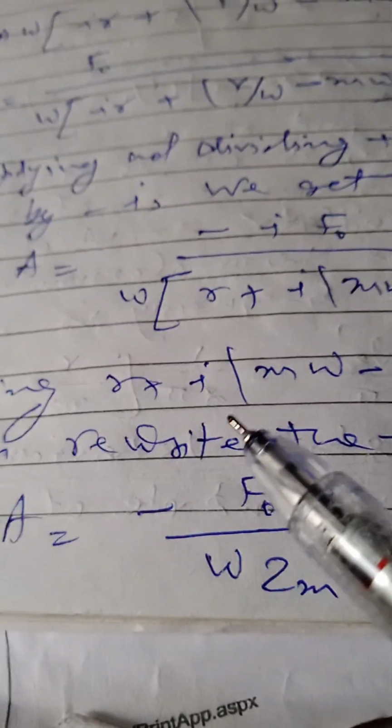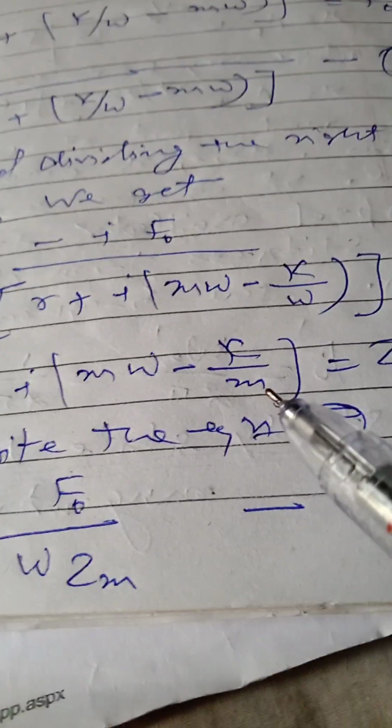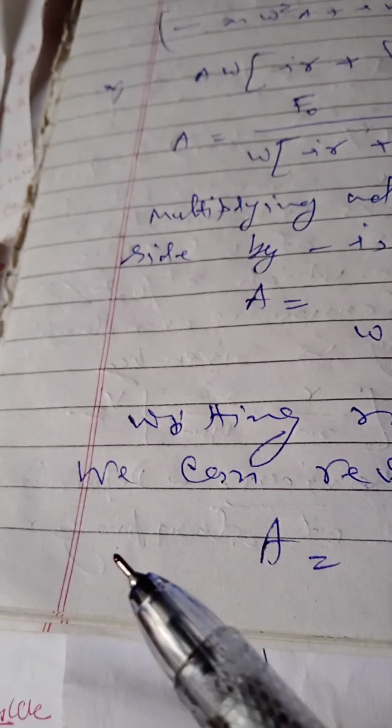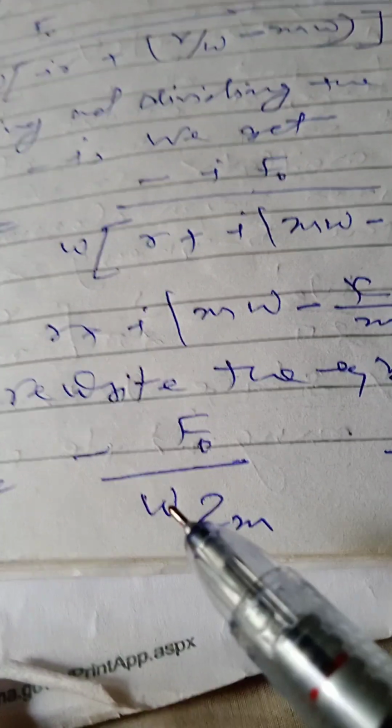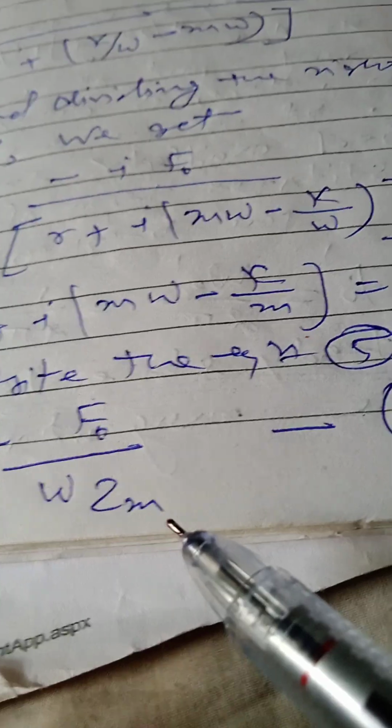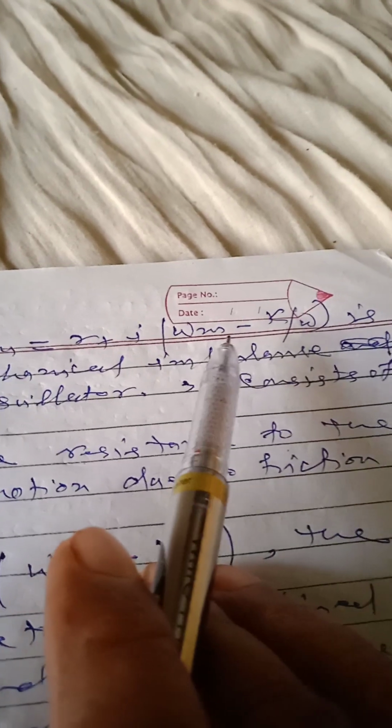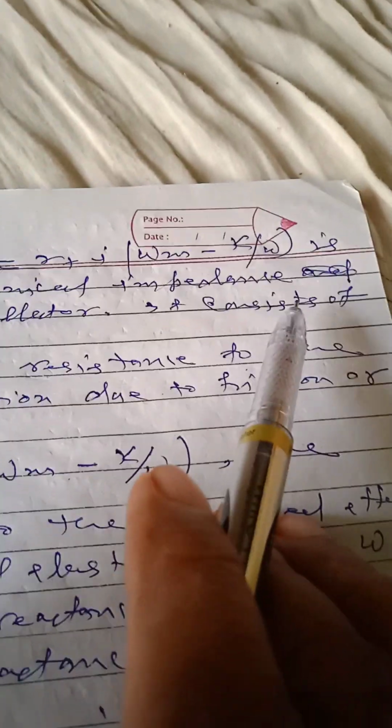Writing r plus i m omega minus k by omega is equal to zm, we can write equation 5 as a is equal to minus i f naught by omega zm. Here zm is equal to r plus i into omega m minus k by omega, called the mechanical impedance